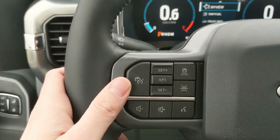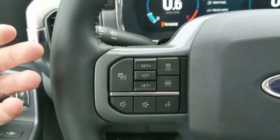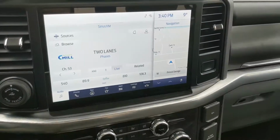Then on the left side of the steering wheel, you have your cruise controls with lane keeping system and adaptive cruise control, I believe, or distance pacing technology. Also have your hands-free phone and radio controls along the bottom, but then moving on to your center, your infotainment